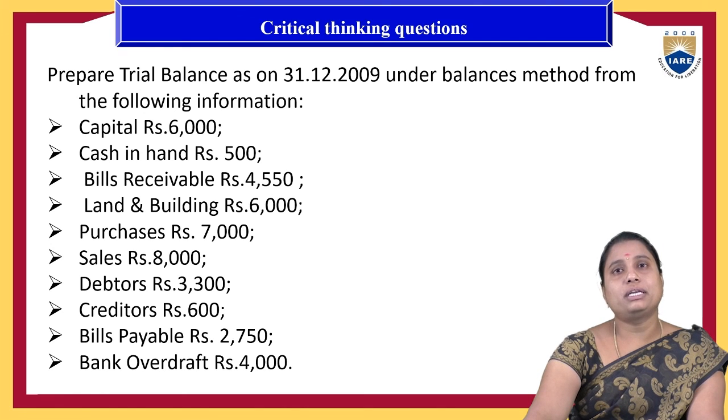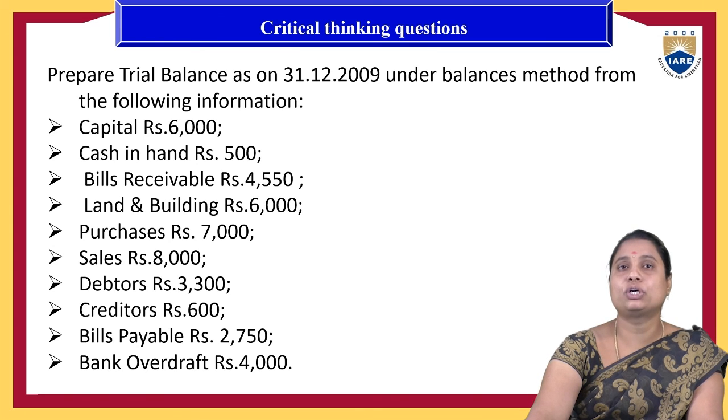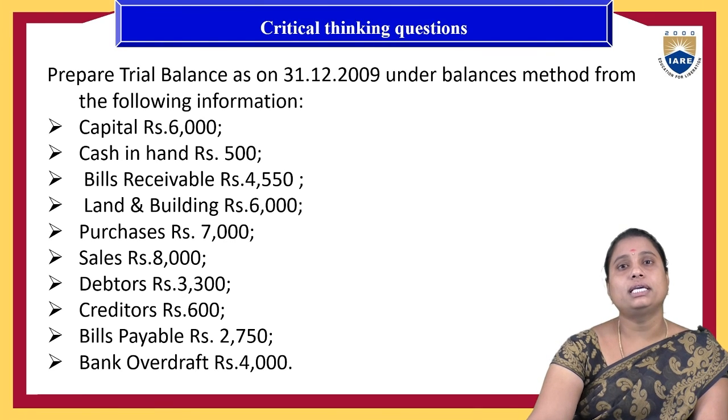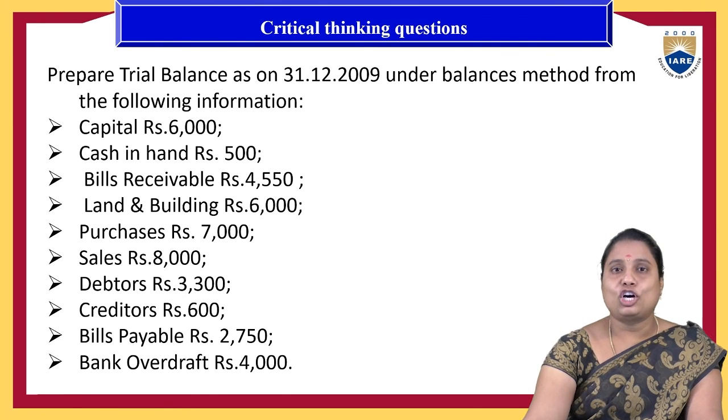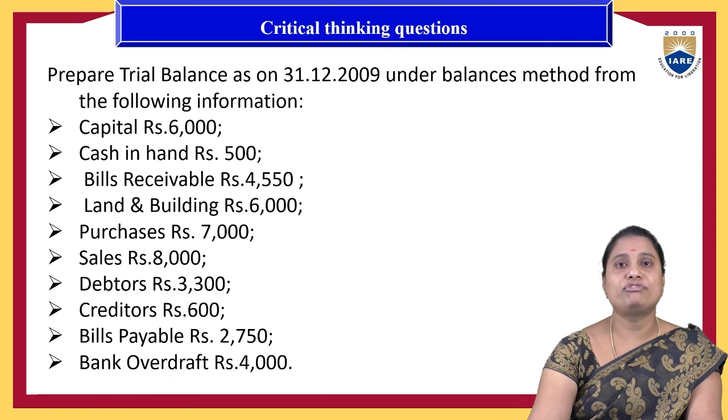And sometimes they will ask you directly, they will give you these entries and ask you to prepare the trial balance. For this one, we must have knowledge of the trial balance pro forma. Based on that, we can simply segregate the debit and credit amounts. So that is about the short term, long term and critical thinking questions under Unit 5 of Business Economics